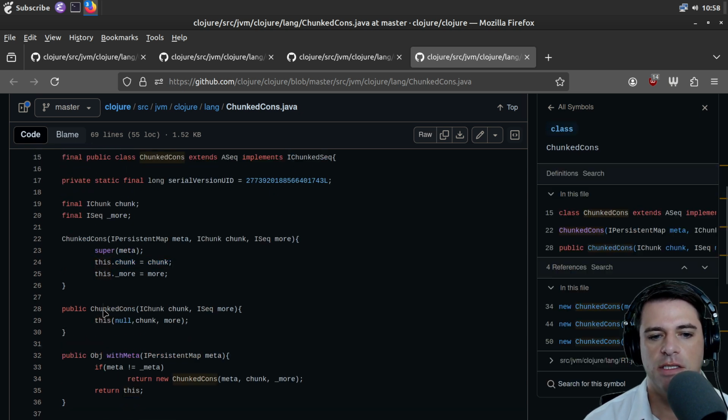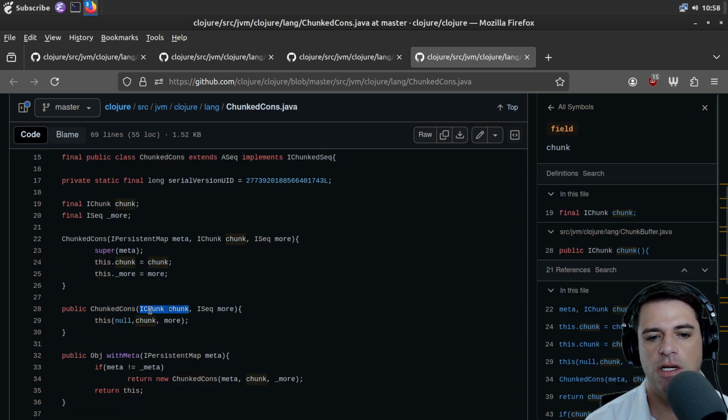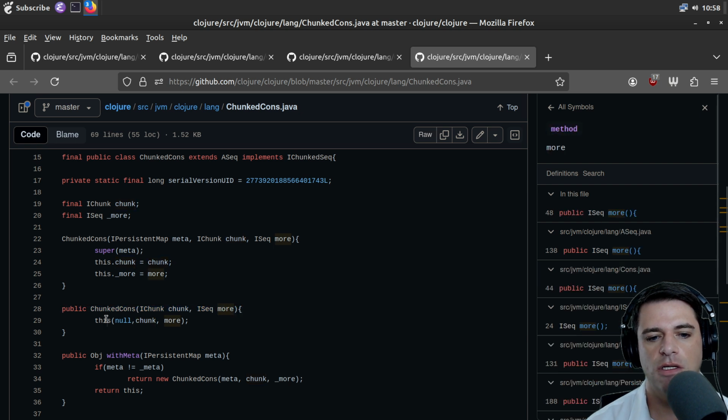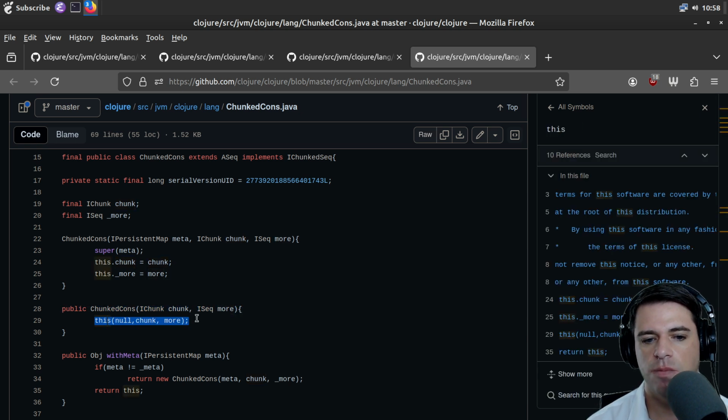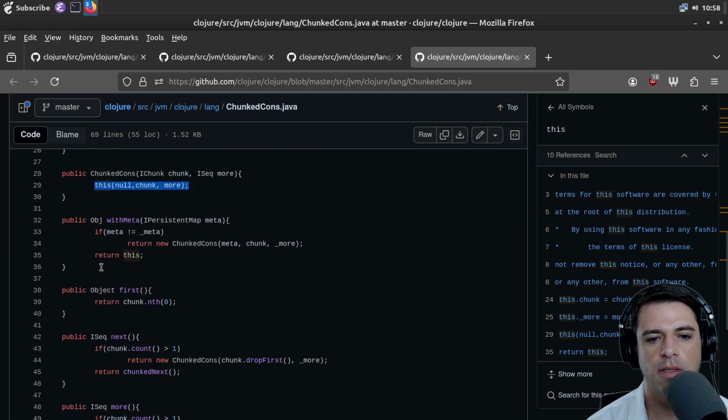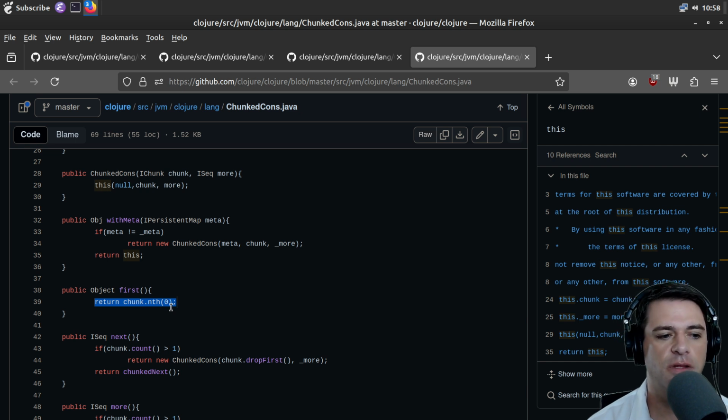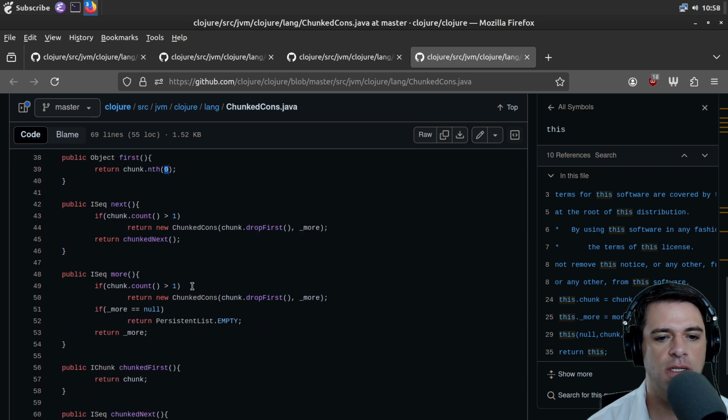And chunked cons is a function that takes in a chunk and some more and calls this. And that just, I guess, produces the chunked cons object. When you call first, we ask for the nth, I guess, element of the list, and we're asking at n equals 0, so that's the head of the list.